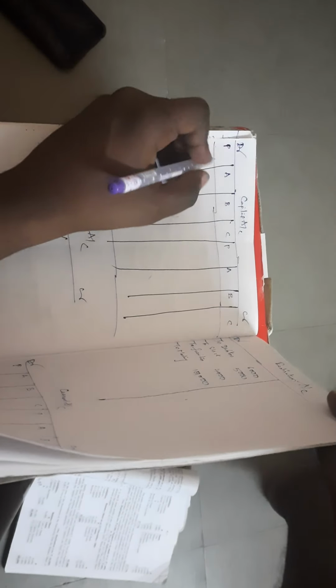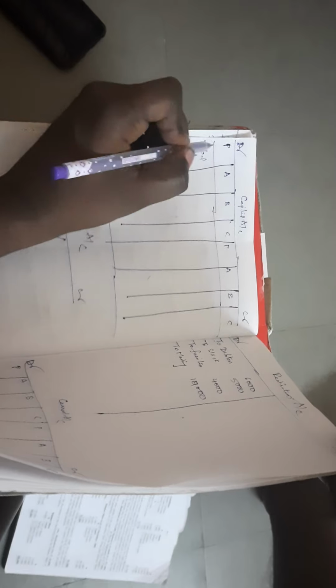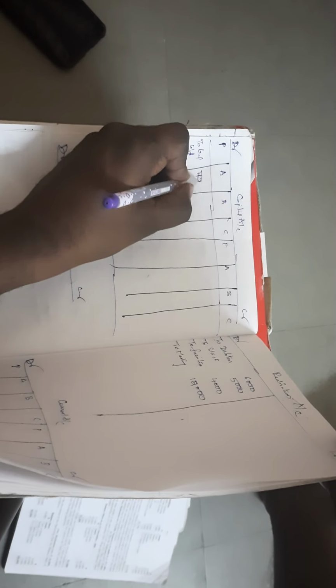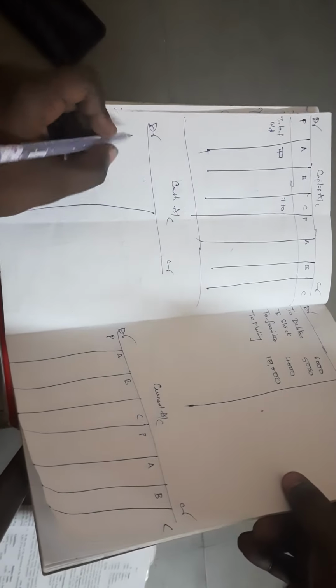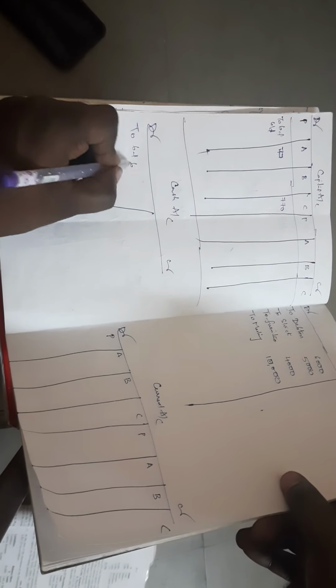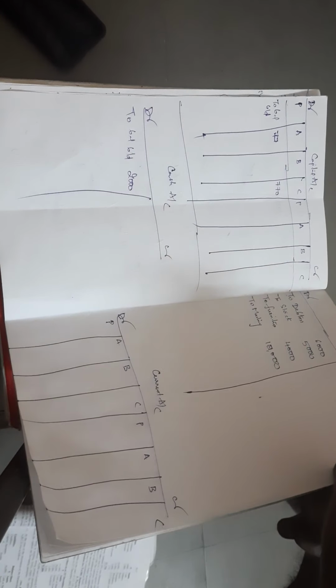So on the debit side we can see the capital account of C also. In C's capital account, asset side means debit side, to balance brought down, it is 770. Next, one more asset is the cash account. How much is the cash account balance? It is 2,000. So to balance brought down it is 2,000. Now the asset side is completed.